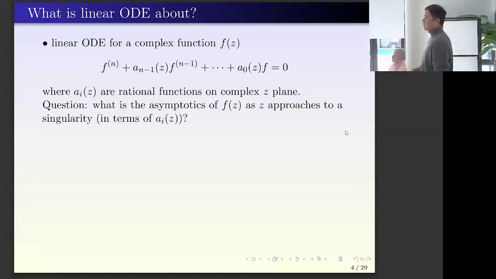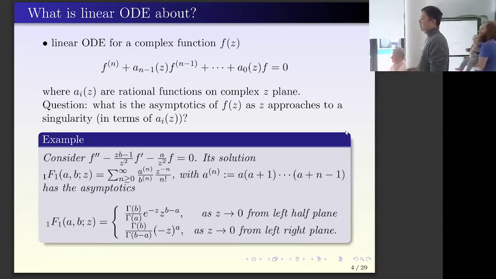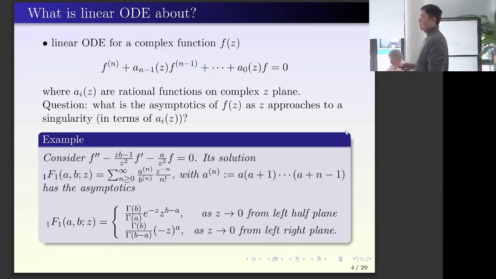Therefore, a very basic question you can ask is, what are the asymptotics of a solution as z approaches a singularity? This is a very hard question. Let's consider another example, the so-called Kummer equation, or the confluent hypergeometric differential equation, where a and b are constants, and its solution is given by a power series. Here 1F1 is the so-called Kummer function, given by this power series, where the coefficient a_n is the product of a, a+1, and so on. From this expression, we see that this function is an entire function,